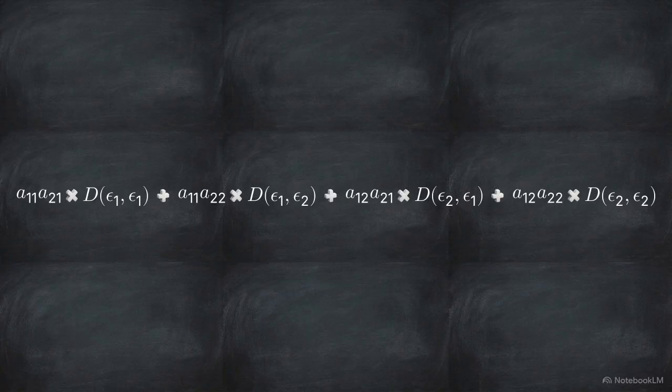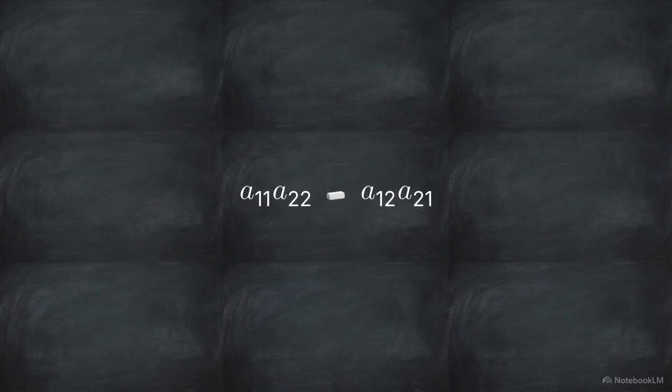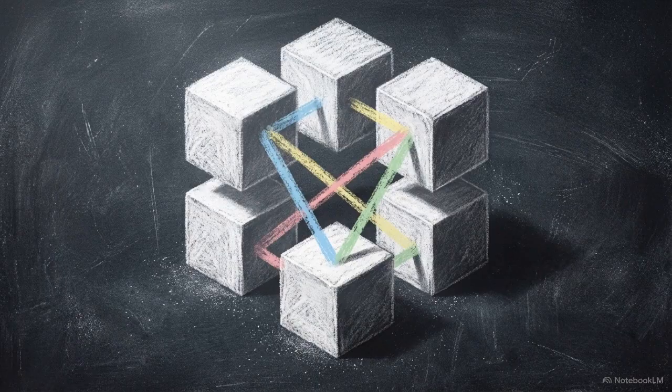The alternating axiom demands that any determinant evaluating identical adjacent rows equals 0. The 2 terms with duplicate basis vectors immediately drop out. The remaining 2 terms contain the basis vectors in opposite orders. By swapping the rows in one term, we flip its sign to negative. Then, the normalization axiom converts the basis determinants into 1s. The result is A11 times A22 minus A12 times A21.